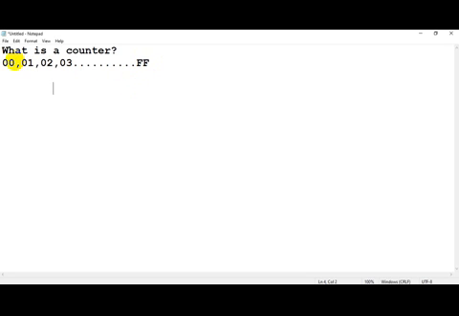The logic is very simple. Whatever the count is, we will display it in some port, say P0. So we will send the count to port 0, and port 0 will display 00H. Then we will increment the counter, and again send the next count to port 0. This process will continue forever.